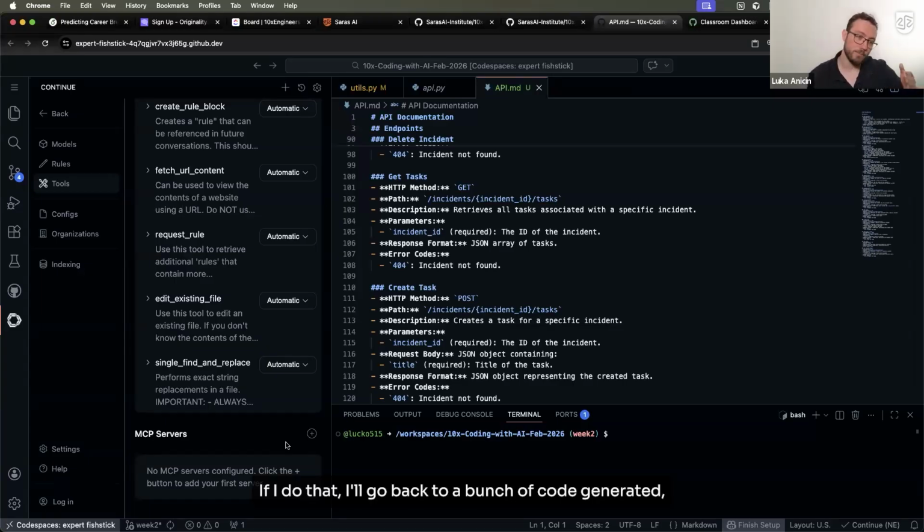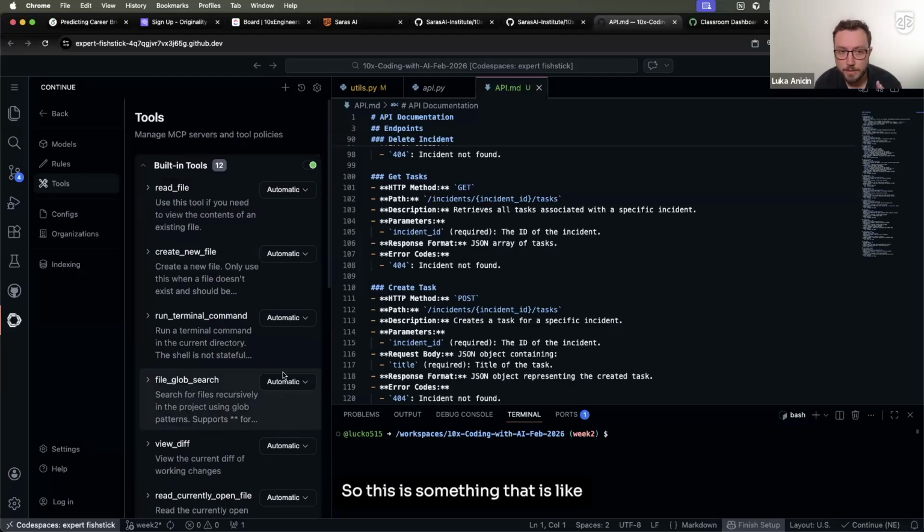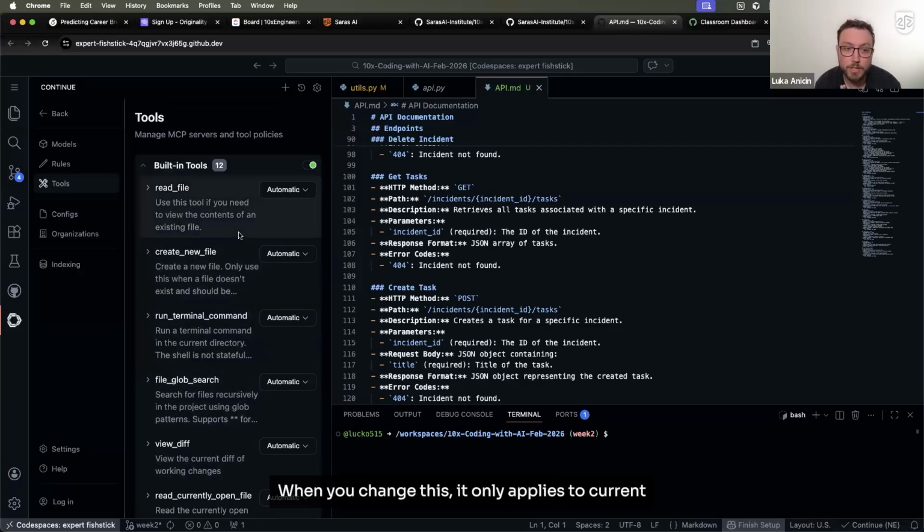If I do that, I'll go back to a bunch of code generated, which I don't really know what it does. Well, I can go over it, but if you have 10,000 lines of code generated, which can happen, then you have more time to spend on thinking about all the things necessary and how they are codependent, instead of just thinking about file by file or function by function. So this is something that is for your own purpose. When you change this, it only applies to the current